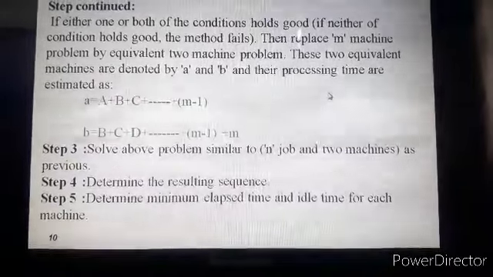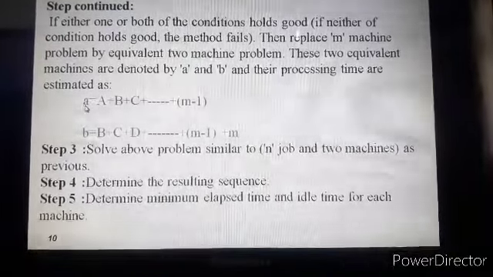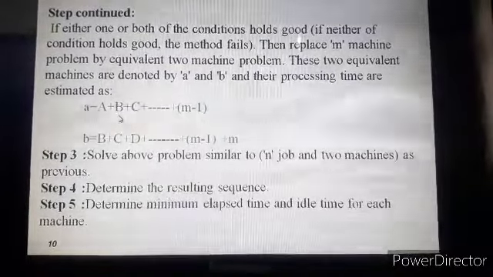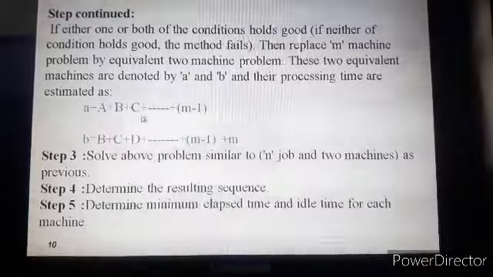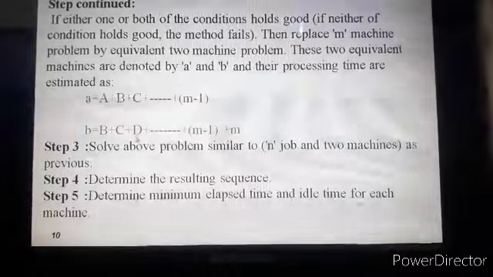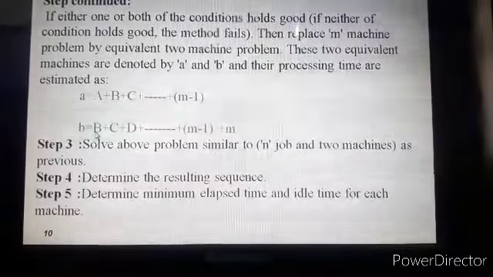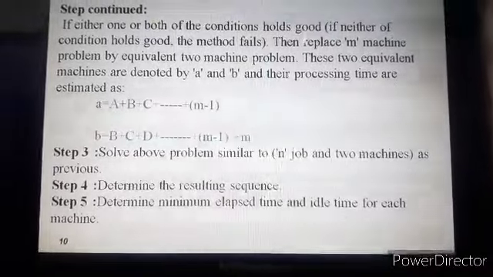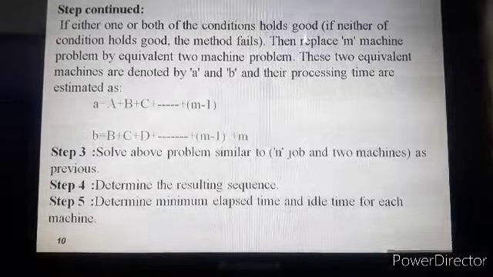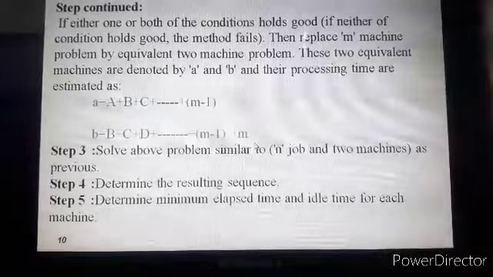Their processing times are estimated as follows: the processing time for machine small a is equal to the sum of the processing times of machine capital A, capital B, capital C up to machine M minus 1, and the processing time for machine small b is equal to the sum of the processing times of machine capital B plus capital C, capital D up to machine M minus 1, and plus M.